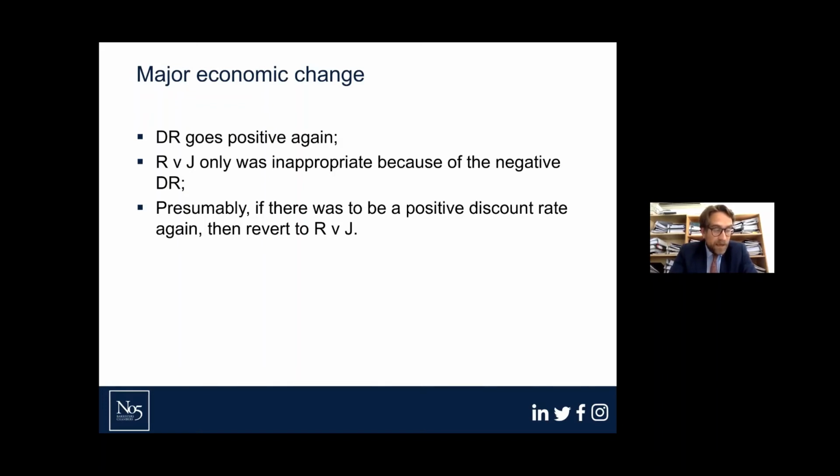So it seems to me that it's wholly uncontroversial that the SWIFT approach may not or will not survive significant change in economic circumstances and a return to positive discount rates. What's more controversial is what will happen when that situation eventuates. So what will happen when discount rates return to higher than what's described in the judgment as low positive? Query what precisely is meant by low positive. Now, obviously I'm not a soothsayer, but within the judgment, there's certainly support for the proposition that things will revert